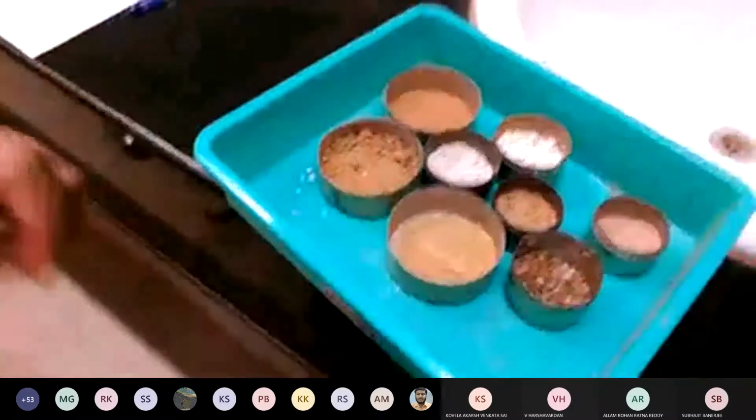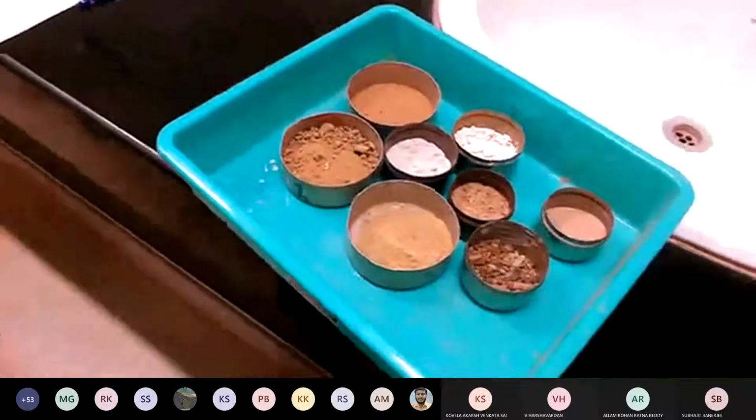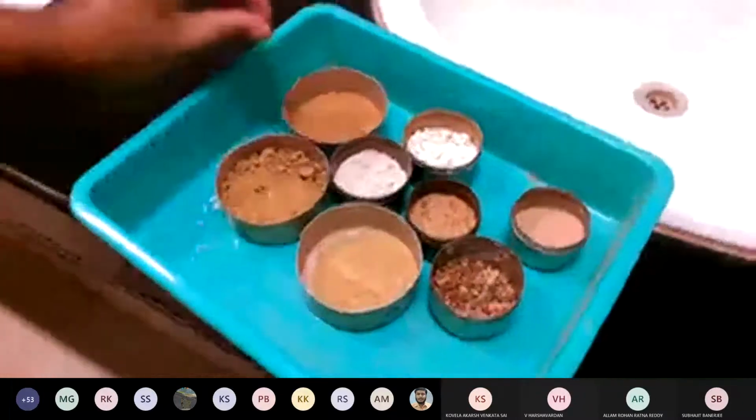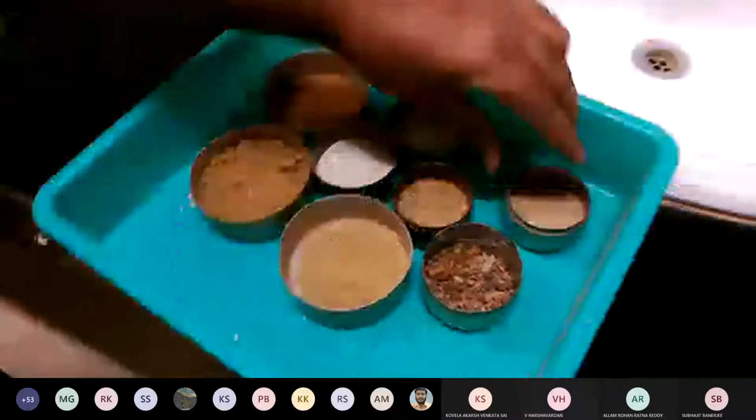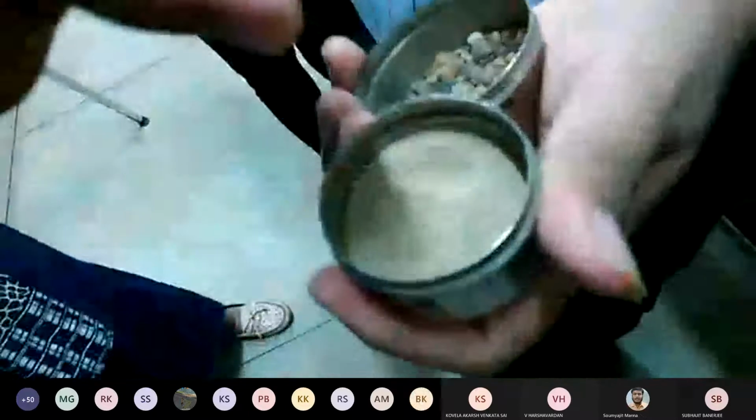Okay, so next, very simple thing is the particle sizes. So I'm taking here just to make you distinction. Look at these two. So this is very fine.